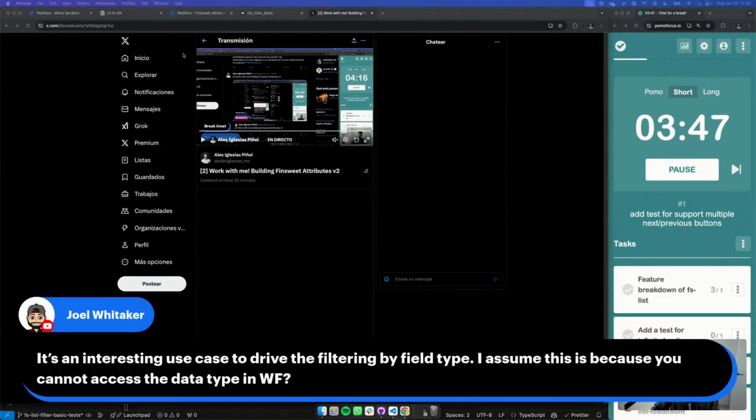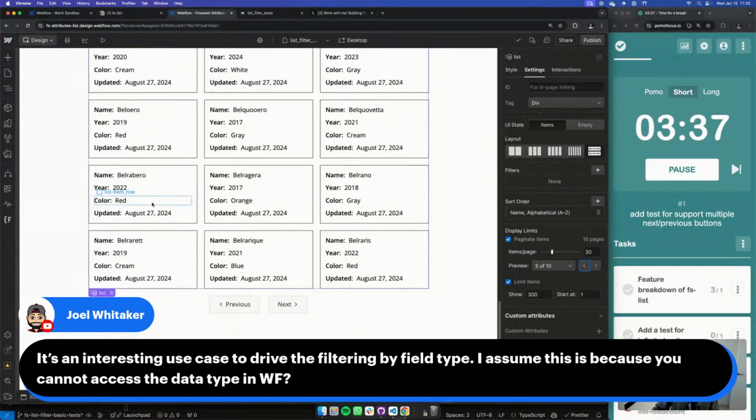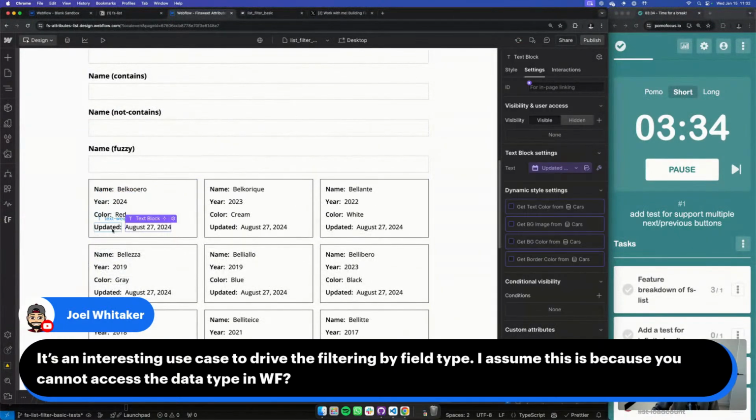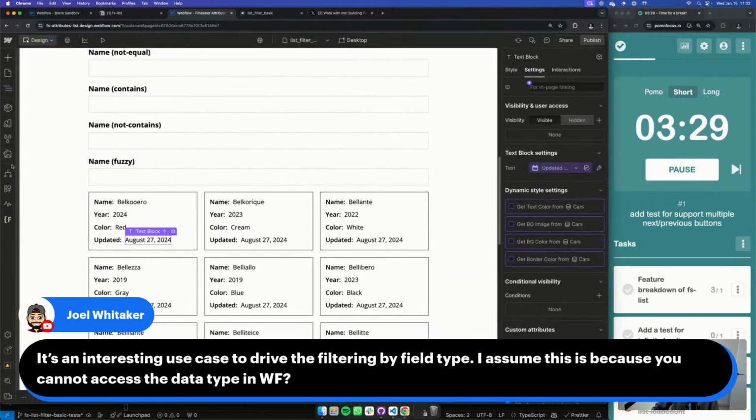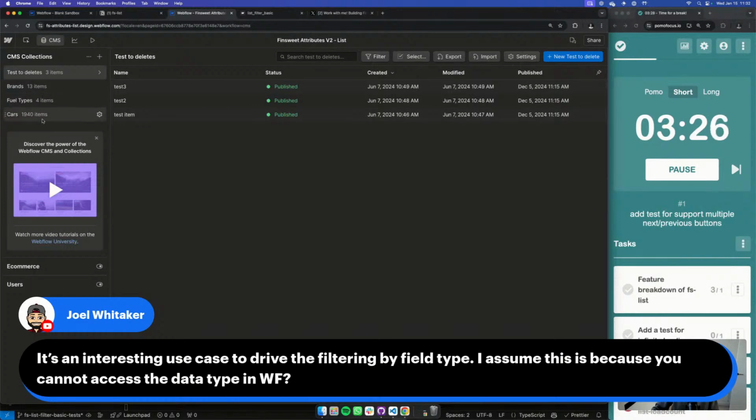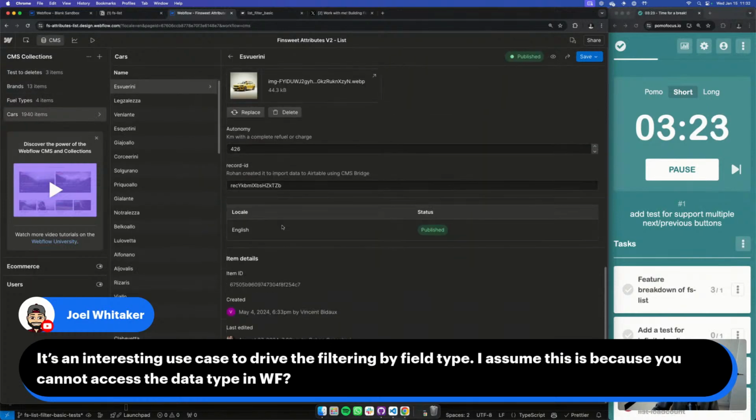Joel, it's an interesting use case to try the filtering by field type. I assume that this is because you can access the data type in Webflow. That's right, yeah. Essentially in Webflow, imagine that this updated field comes from a CMS, let me show you. It's one of the default fields from Webflow, but I could potentially create another field, a different date, something like sold.